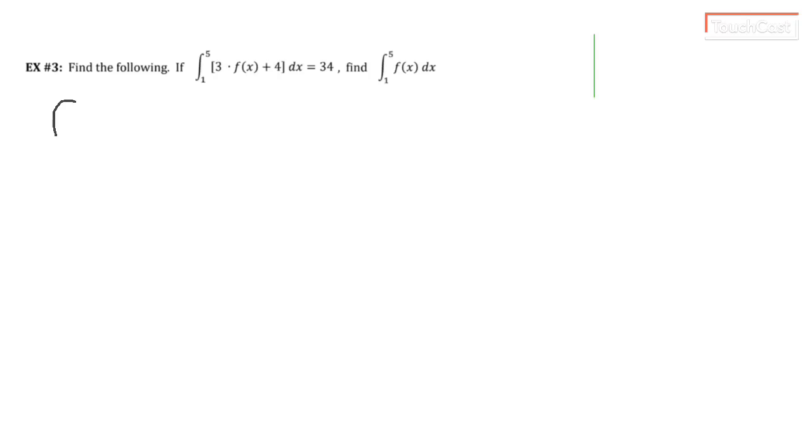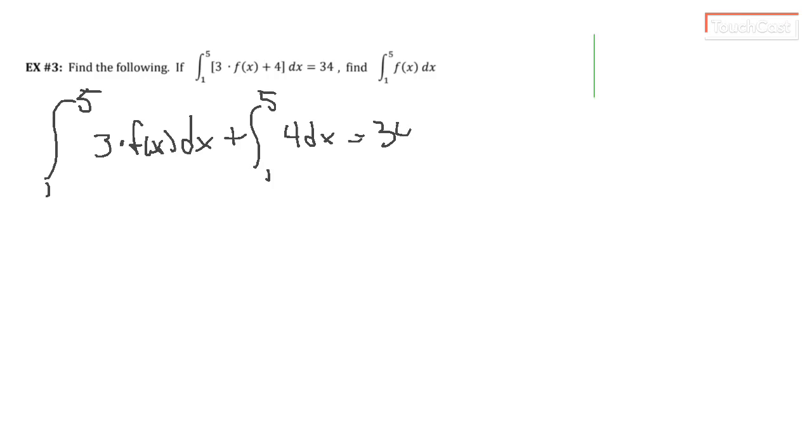We can write this as the integral from 1 to 5 of 3 times f of x with respect to x, plus the integral from 1 to 5 of 4 with respect to x is equal to 34. Then we can take that 3 and bring it out in front of the integral. Rewrite this as 3 times the integral from 1 to 5 of f of x with respect to x,